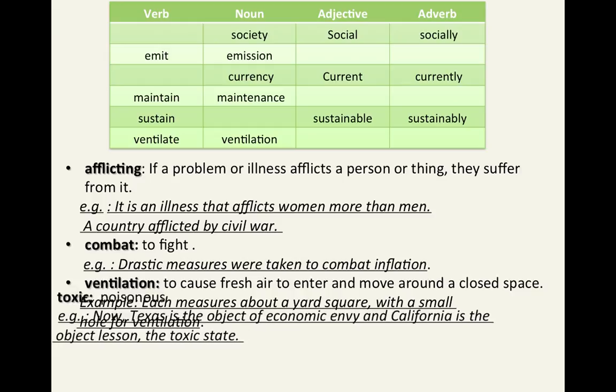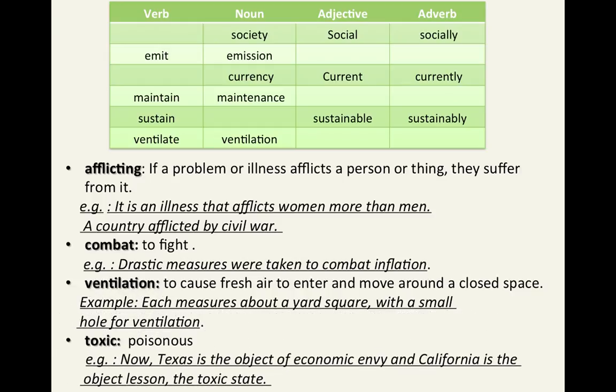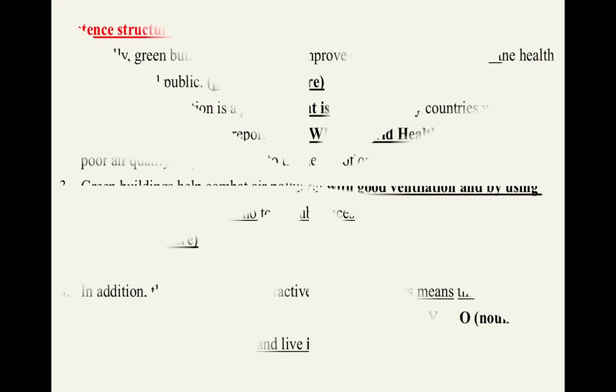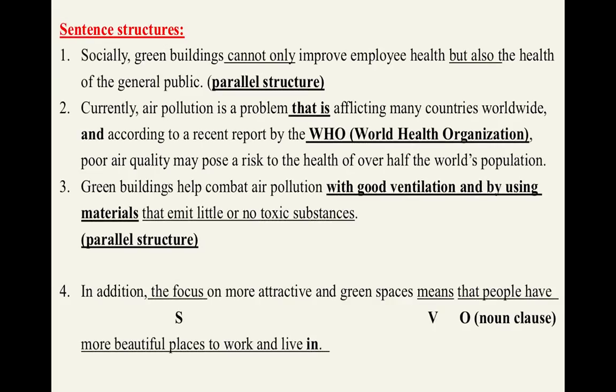All right, and then the next one is toxic. All right, toxic means poisonous. All right, these two words are very similar. Okay, all right, and then the next one, I want to analyze some sentences. All right, the first one is: socially, green buildings can not only improve employee health but also the health of the general public. All right, not only but also